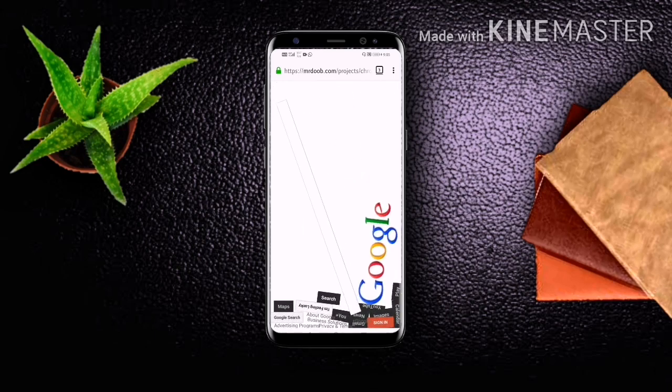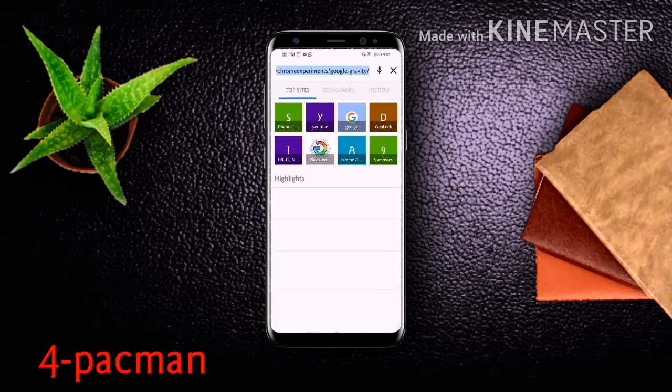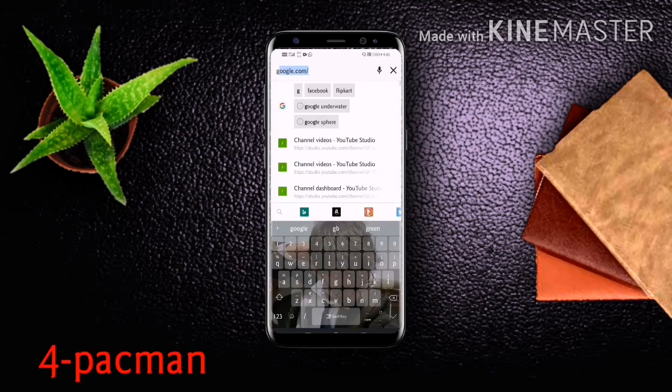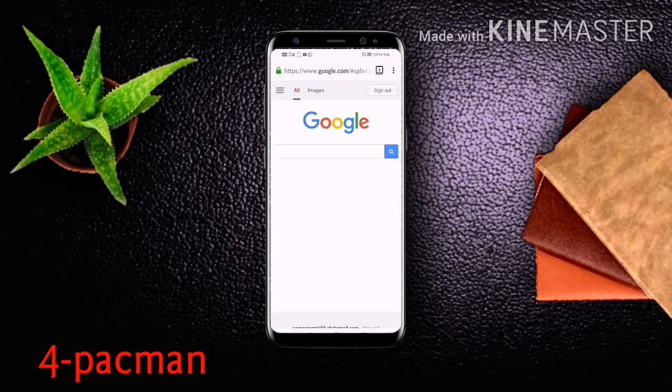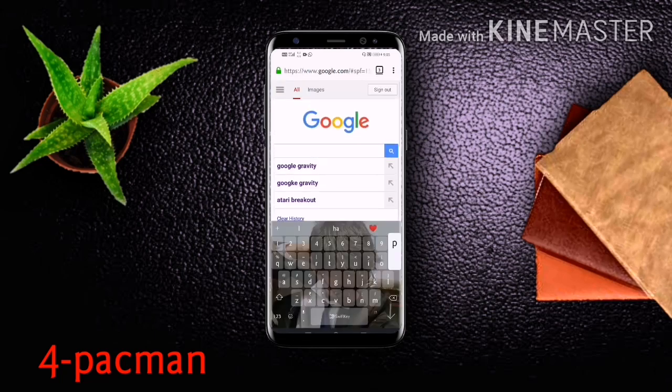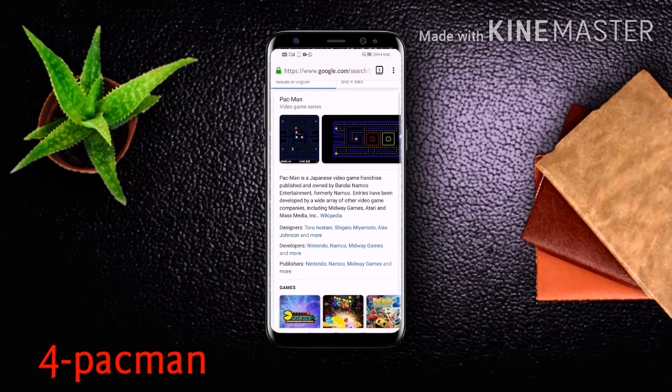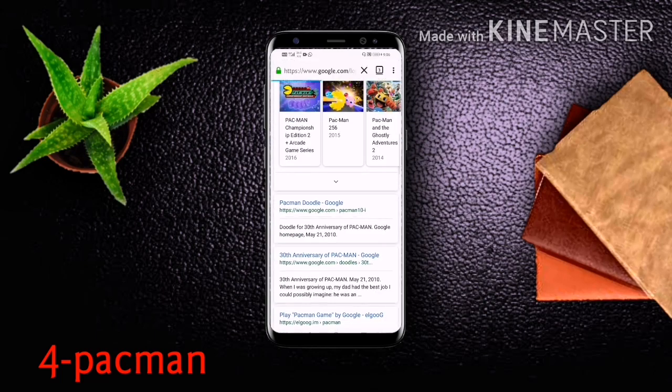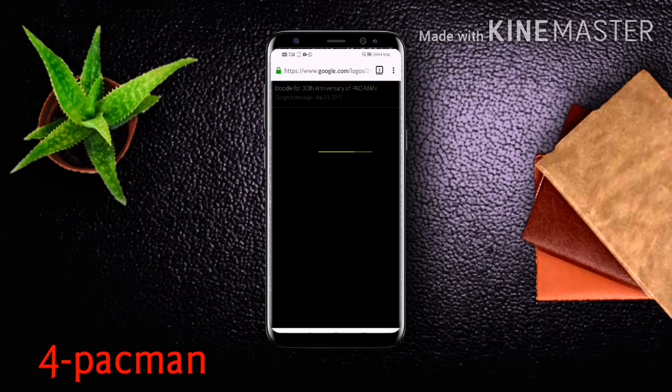So stay with me. The fourth one is just go to Google and type Pac-Man. Search it, and now you can play a Pac-Man game. Just click on the link. It's opening.